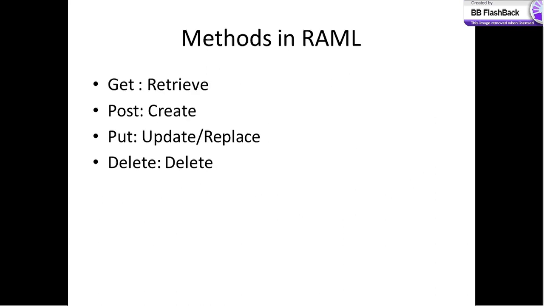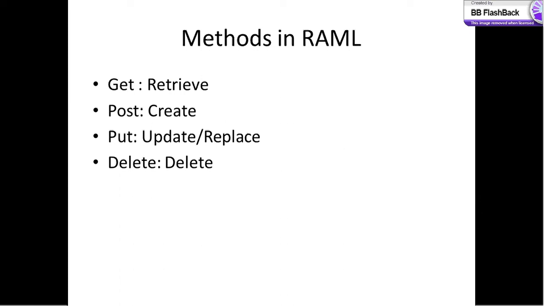So we generally use four methods in RAML. Whenever we want to retrieve the information defined in the requested URI, we generally use the get method. To create a new entry in the collection, we use the post method. The next one is the put method. To replace the addressed collection, we use put. At object level, you can use it to create or update the data as well. The last one is delete. The delete method is generally used to delete information defined in the requested URI.